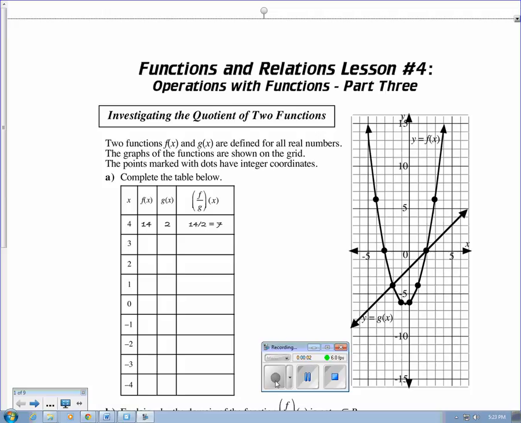So now we get to look at lesson 4, where we finally get to divide functions. But first we have to do some interpreting of our graphs. So we've got f of x, which is the parabola, and we've got g of x, which is the line. And we're going to have to do some interpreting of the points. You can see that the first point has been done. When x equals 4, the f of x graph is up at 14 and the g of x graph is